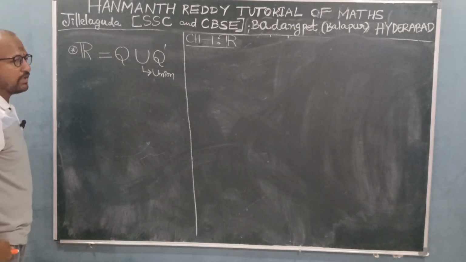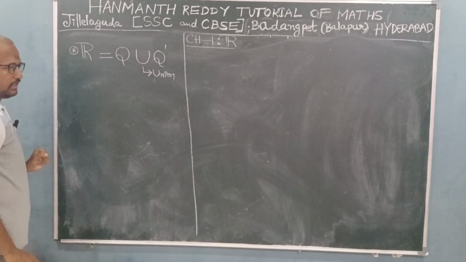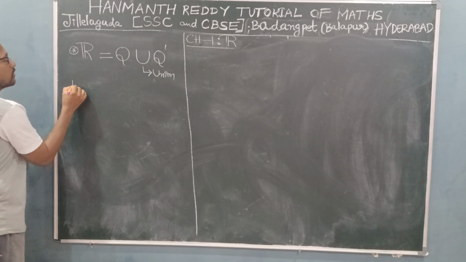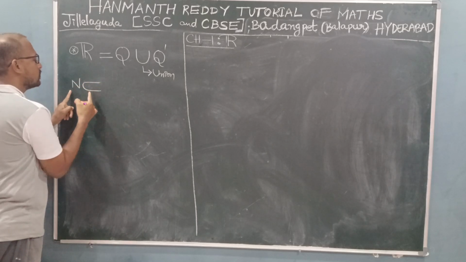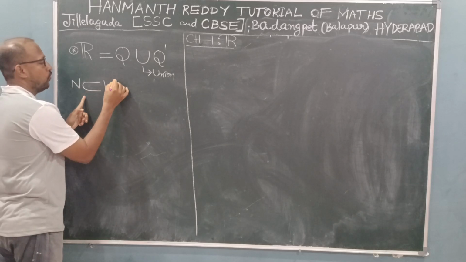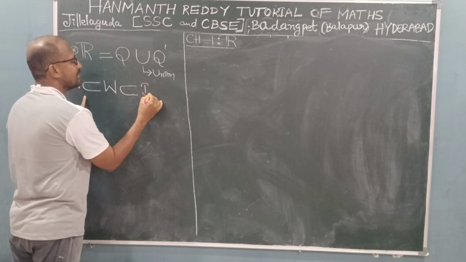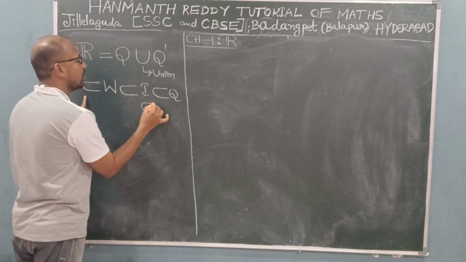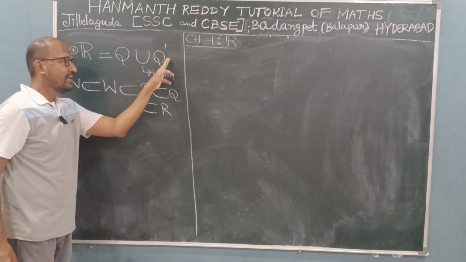Combination. There is one diagram which is called a Venn diagram. So I will write one important property. A very important property: all natural numbers are present in whole numbers. This is called a subset. Natural numbers is a subset of whole numbers. Whole numbers is a subset of integers. Integers is a subset of rational numbers. Rational numbers is a subset of real numbers, because rational numbers will not be present in irrational numbers, and irrational numbers will not be present in